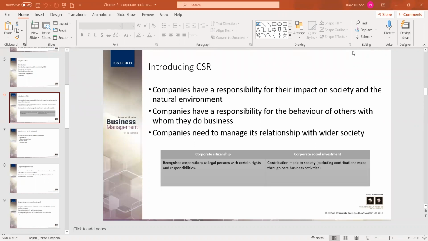However, let's first of all take corporate citizenship and corporate social responsibility. Both of them focus on the company's conduct or attitude in the environment, how the company conducts its business in the environment. Corporate social responsibility basically focuses on the responsible nature of a company. With corporate citizenship, that side focuses not just on the responsibility, but also on the rights of